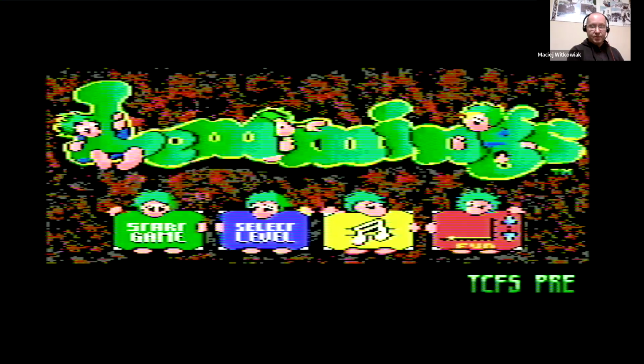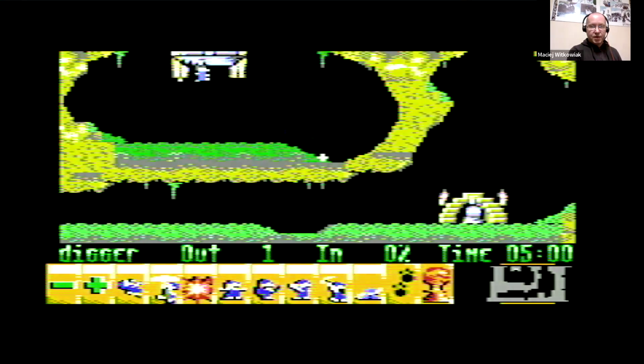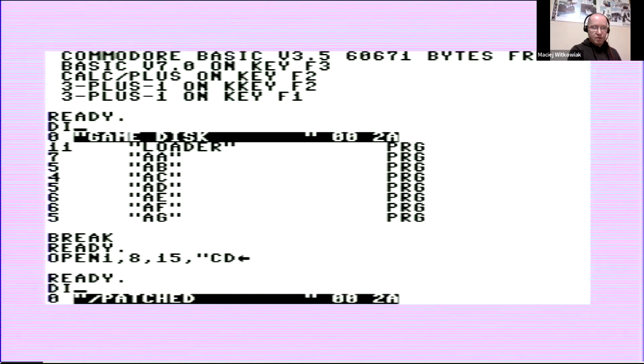So I can start up Lemmings. Now it's loading, and after a few seconds of decompressing, we will have the game. The game starts, loads the level, and yeah, there it is, Lemmings on a Plus4. So right now I'm in the disk image. I can go up by just issuing a command, and I am back on the level of